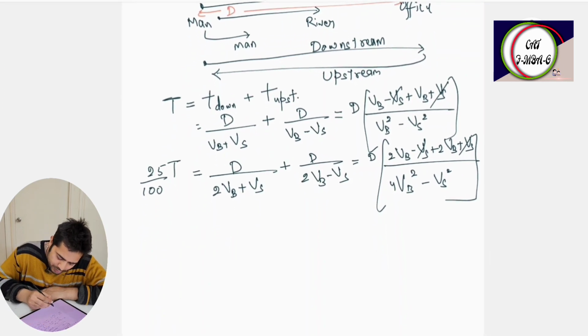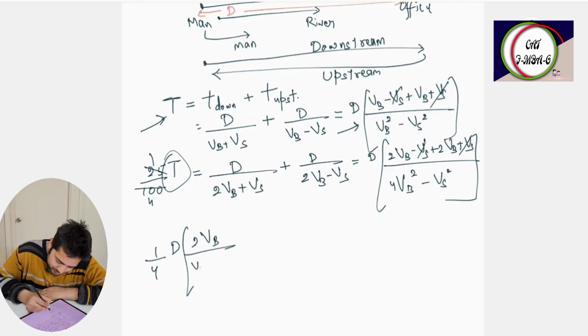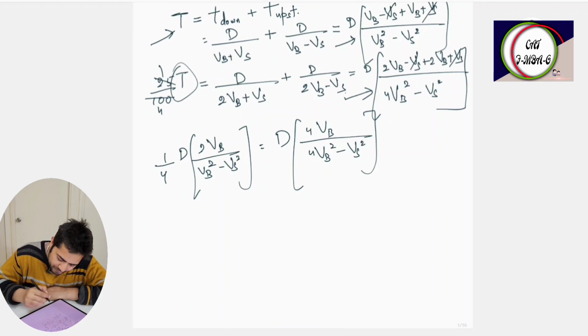So here you can replace the value of t. So 1 by 4 into t can be replaced by this value, d into 2vb divided by vb square minus vs square, is equal to d, this value, 4vb divided by 4vb square minus vs square. Okay, so d gets cancelled, vb gets cancelled, 2 to 4. So it can be written as